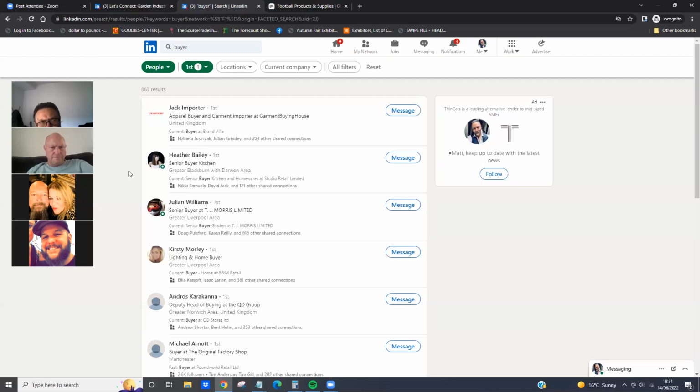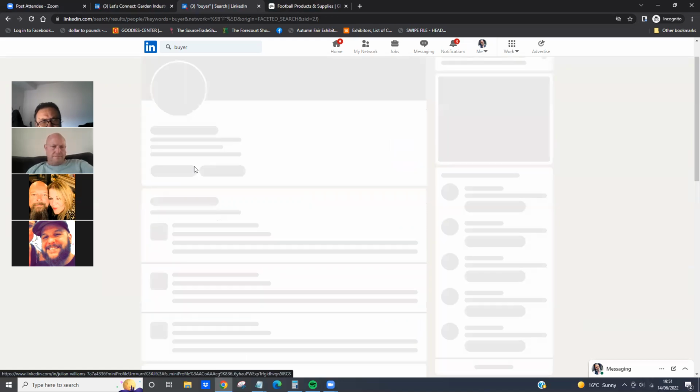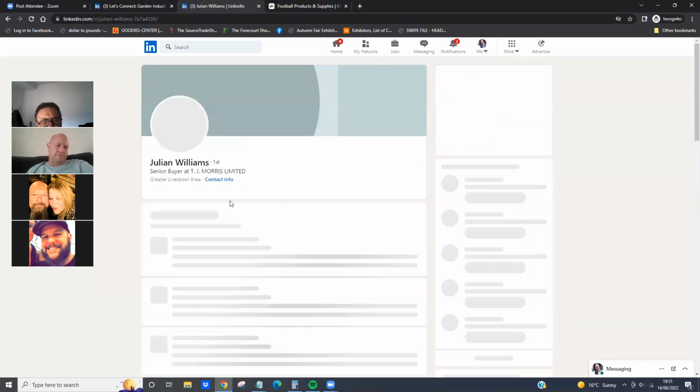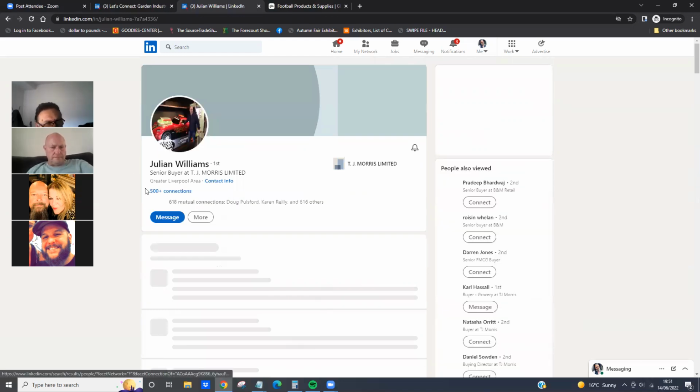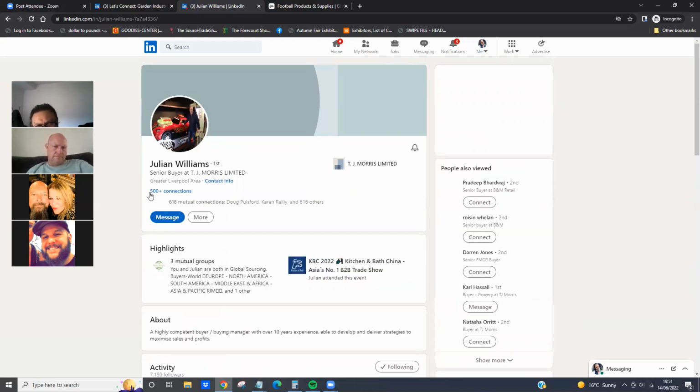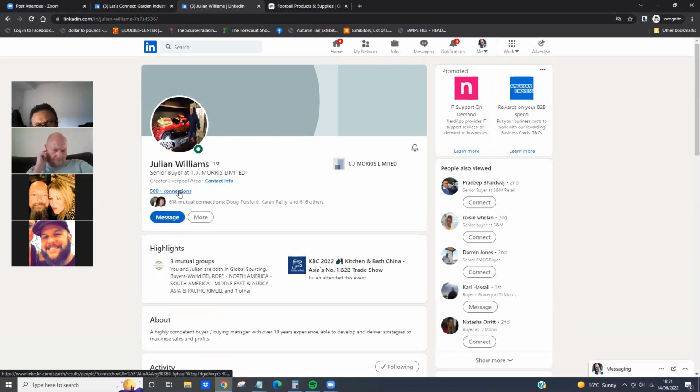So what we're doing here is, the reason we're connecting with buyers is, if I click on one of these profiles, and will this work? Yeah, okay. In their profile, it shows you how many they're connected with. Once you're connected to over 500 people, it only says 500 plus. It doesn't show any number over 500. So, you know, they're connected with a lot of people. If you can highlight that with your mouse, it means you can connect on their connections, that buyer's connections.